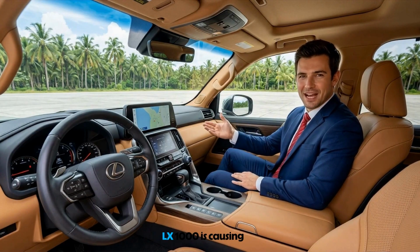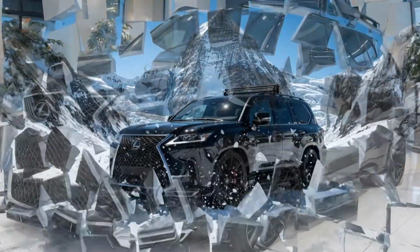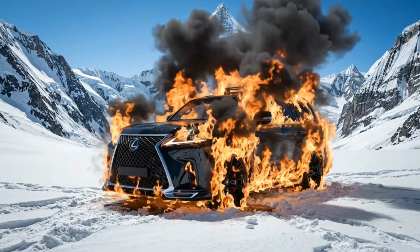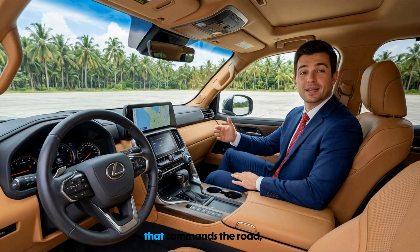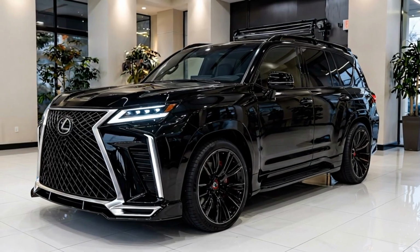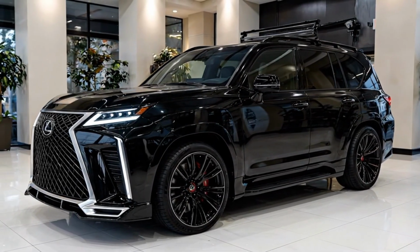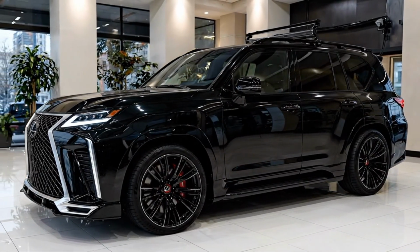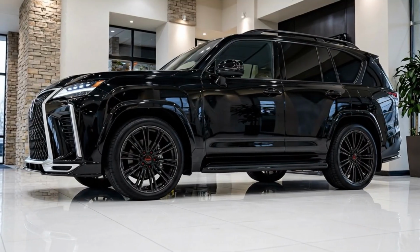To understand why the LX 1000 is causing panic in Stuttgart and Detroit, you have to look at how Lexus reimagined their flagship presence. The iconic spindle grille has been evolved into a massive three-dimensional sculpture that commands the road, flanked by razor-sharp LED matrix headlights that look like digital scalpel blades. The body lines are incredibly taut, eliminating the bulkiness of past generations and replacing it with a muscular, wide-stance silhouette